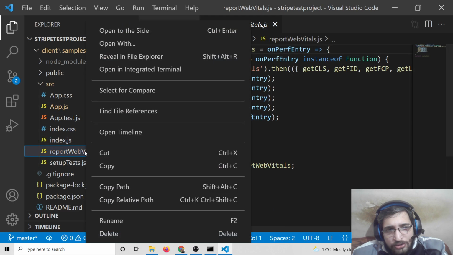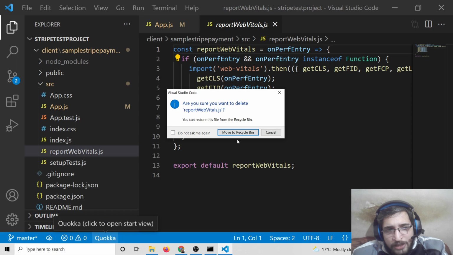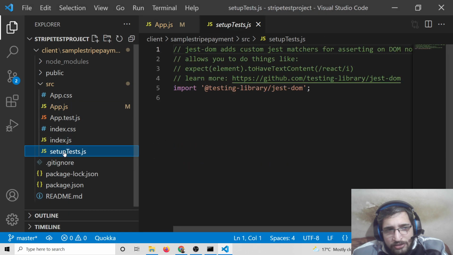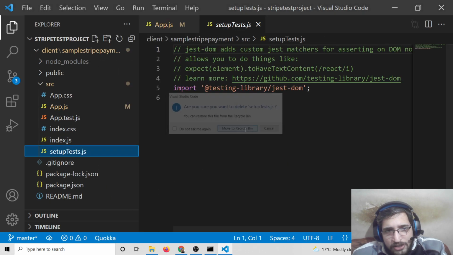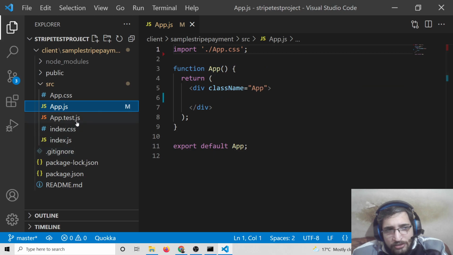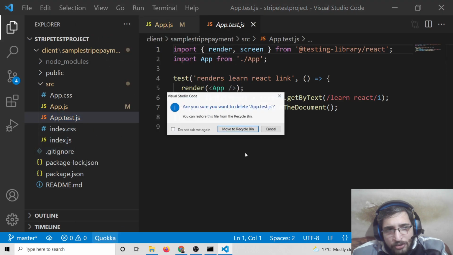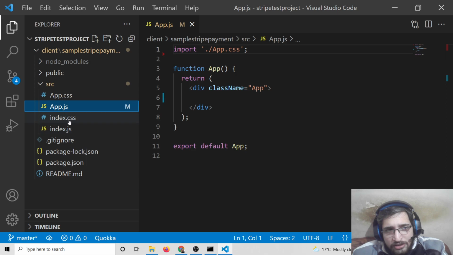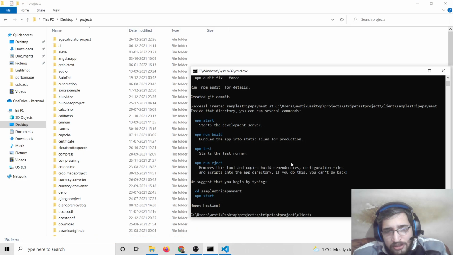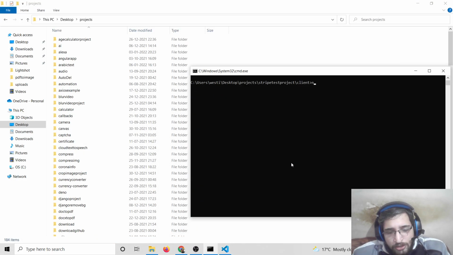And I also don't need this testing part also. So also delete this also. Setup test file I don't need. Simply delete this also. App test file also don't need it. Simply delete this. So these four files will be there inside the source directory. So simply here we need to write our code here. So now this complete, we can launch this application by npm